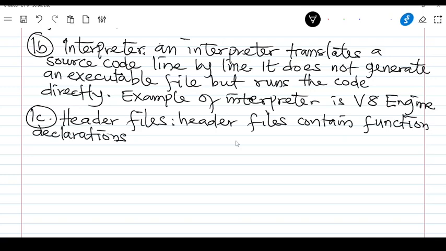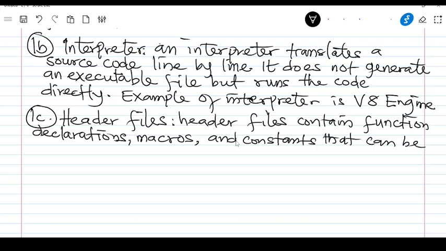They contain function declarations and macros, because they can also contain macros. They also contain constants that can be included